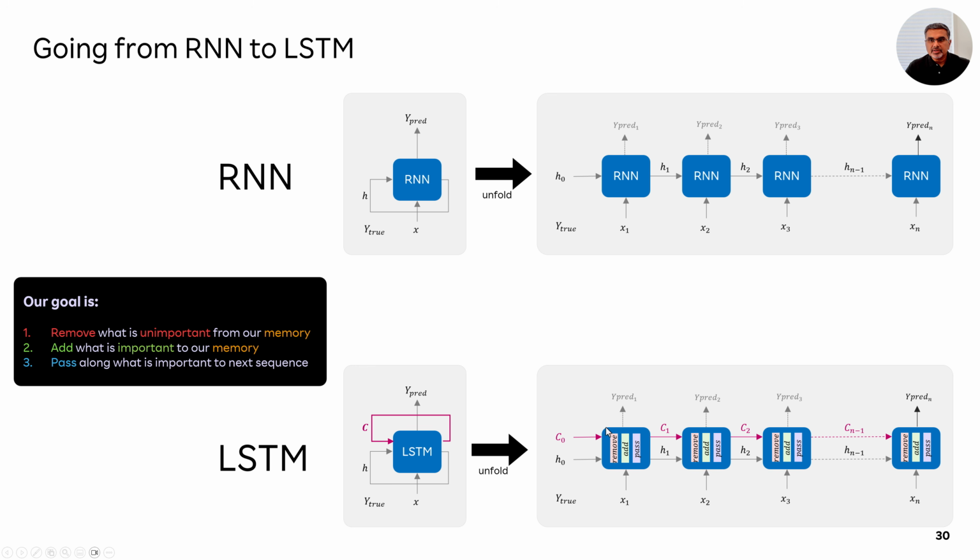Now we will need to have three gates in each of these cells. The first gate will remove unimportant information from our memory. So it will remove unimportant information from our long-term memory. The second one is the add gate, which will add important information to our long-term memory. And then the third one is what is called an output gate, which will pass the information that is connecting the context that is flowing across all the words in a sentence. Okay. Now, basically the same cell again, because it's unfolded, it appears again and again, and the long-term memory and the short-term memory are the ones that tie all these things together in a sequence.